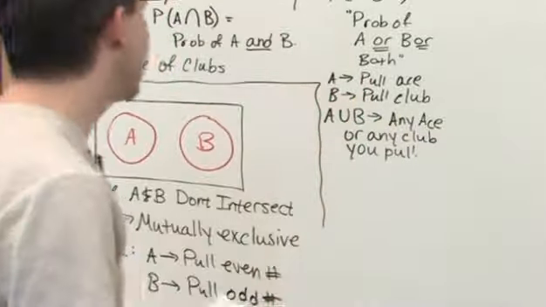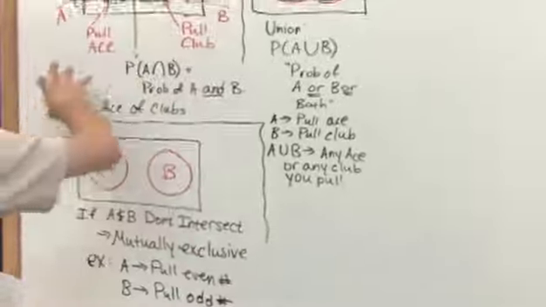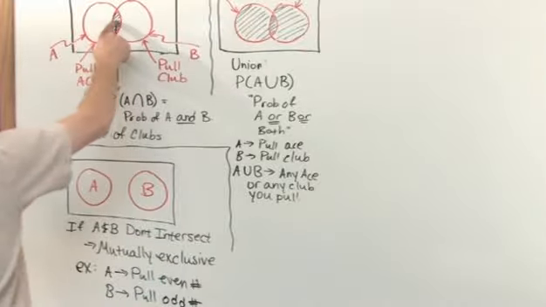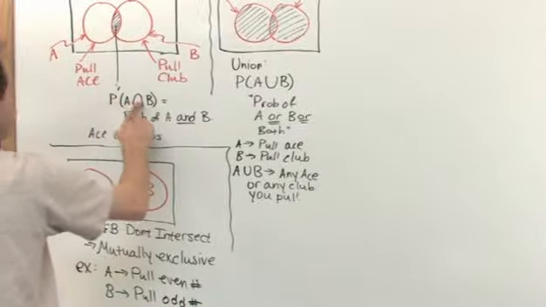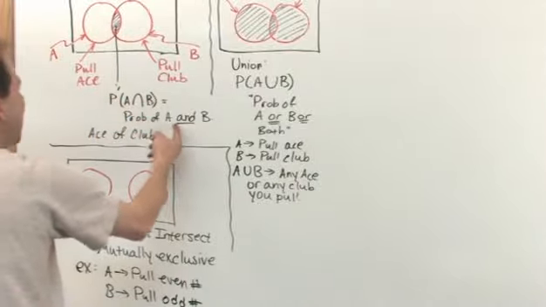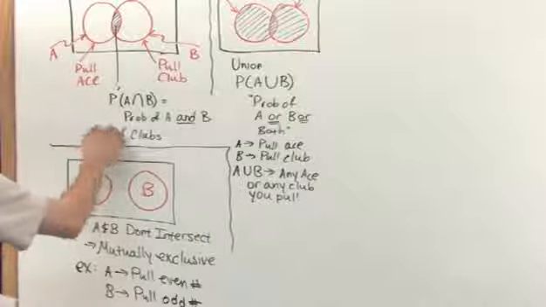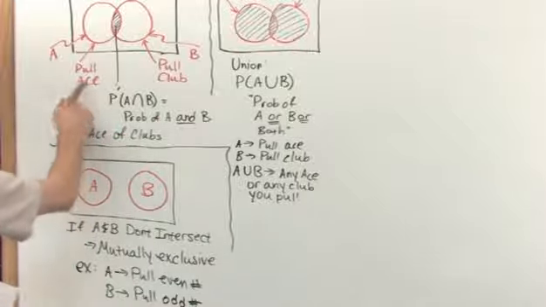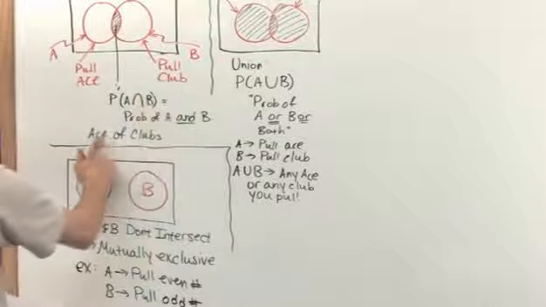So briefly before we go on, Venn diagram, event A, event B, if there's some intersection here in the middle, and we're only looking at that, that's what's called A intersection with B. The probability of A and B occurring, that would be like the ace of clubs, have both occurring at the same time. I pull a single card, I get an ace, and it's also a club, ace of clubs,